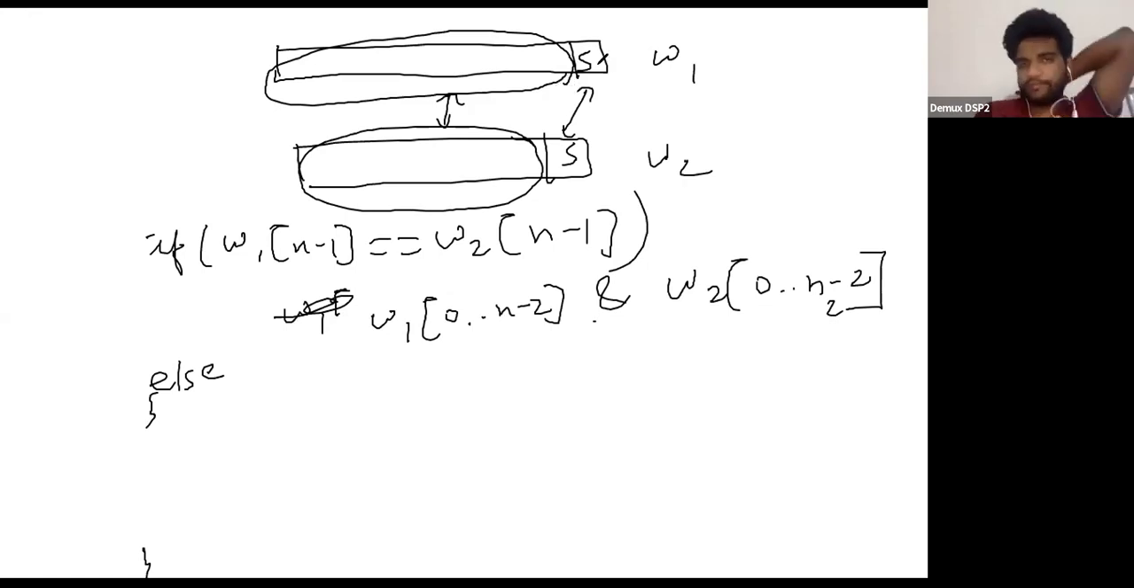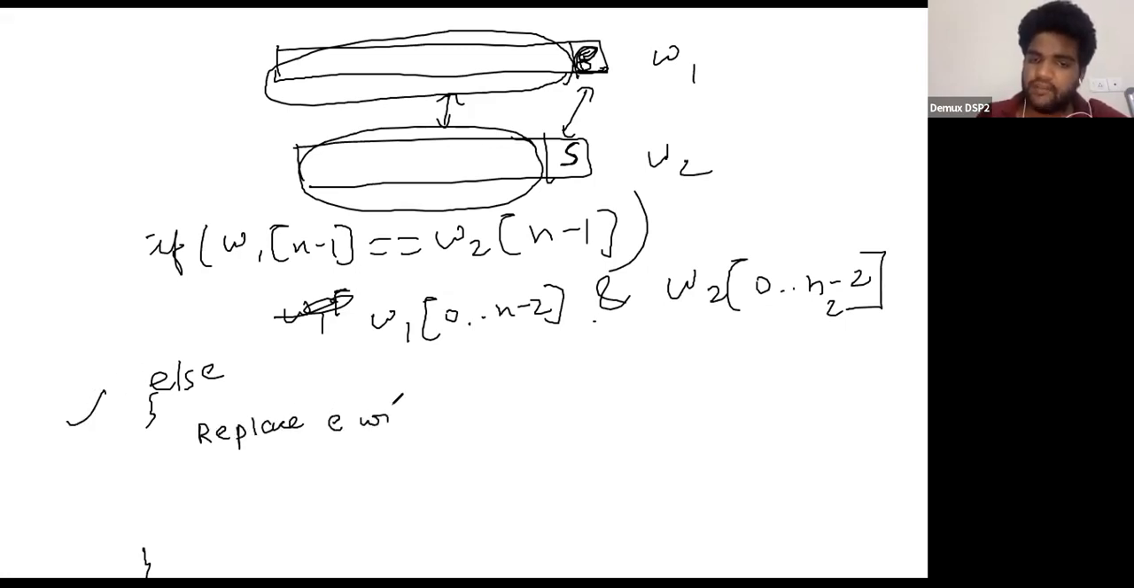What could you do? You have something else here. Let's say you have E here and you have S here. One thing you could do is replace S with E or E with S. We want to convert W1 to W2. You could replace E with S. So these are the three. Again, the decision here is explicit. You could replace E with S,